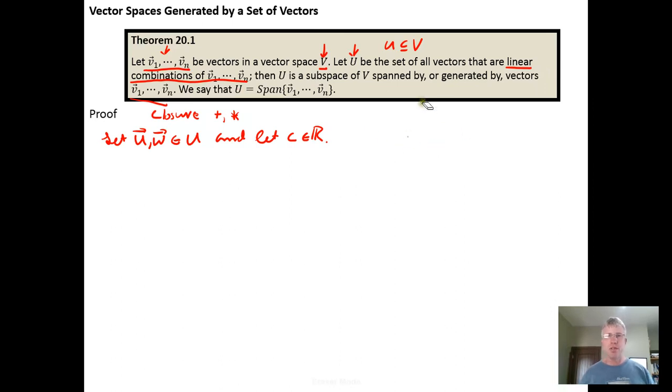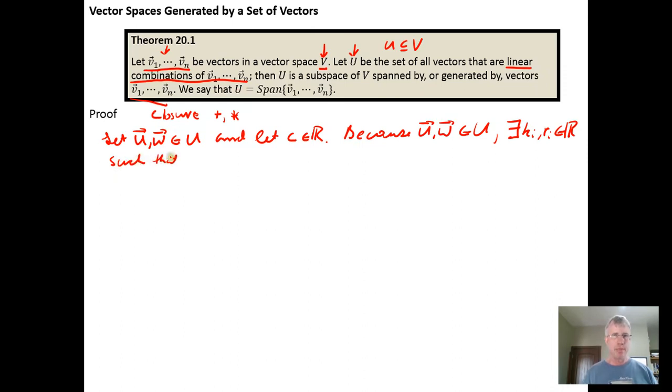I'll be really explicit, because u and w are in the set of all linear combinations of vectors V sub 1 through V sub n. That means there exist scalars k sub i, r sub i, and scalars are just real numbers,